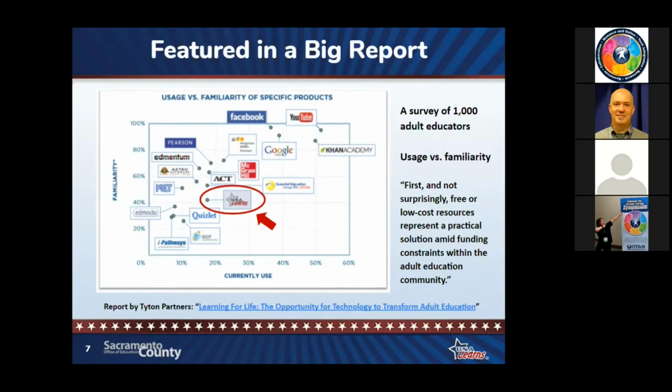And when I saw this report, I was so excited to see that little old USA Learns, which was created by the Sacramento County Office of Ed and is free, is located right in the middle of the results that show usage versus familiarity of specific products. USA Learns is featured here, showing that lots and lots of adult educators are using it, and lots of folks are familiar with it. And we're right there next to McGraw-Hill and Quizlet and some other